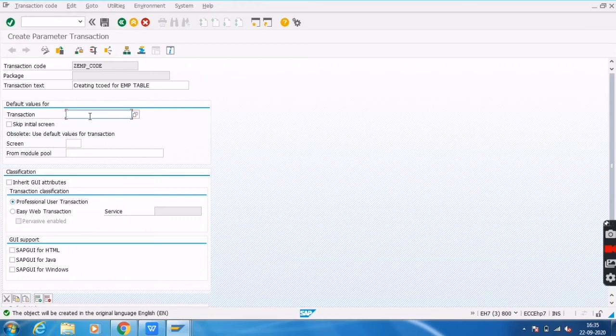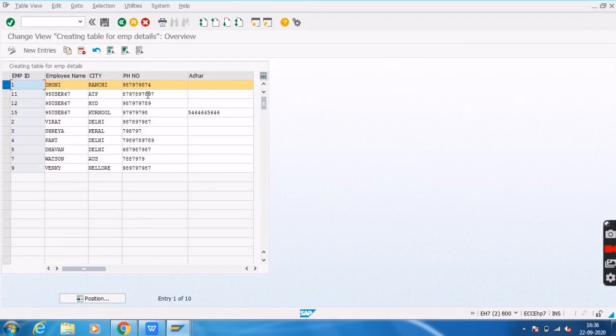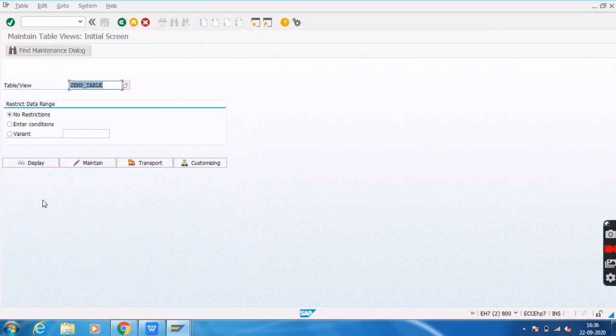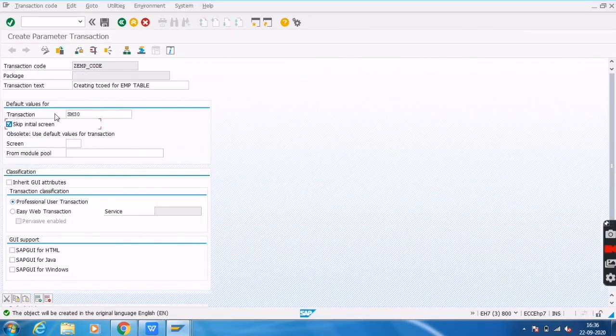Now here I need to skip the initial screen of SM30. So when I click on this one, it will directly render into this window, it will not go into the initial window. That's why I am selecting this checkbox, skip initial screen of SM30.